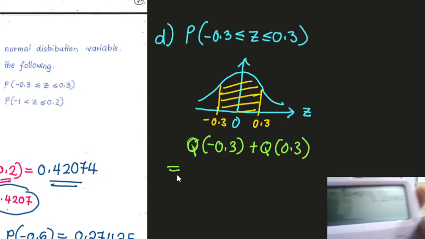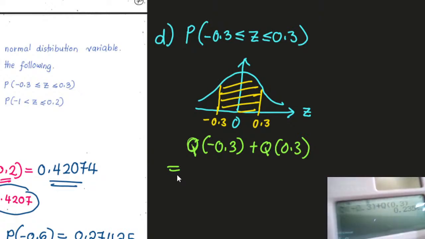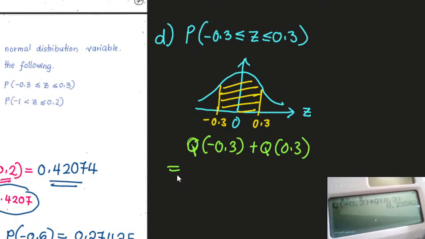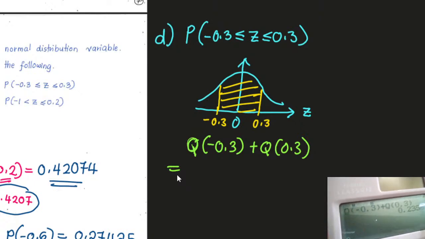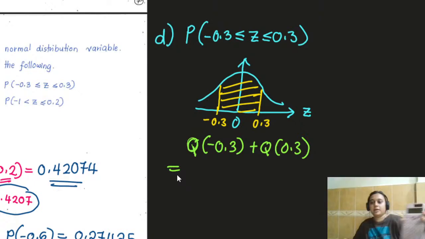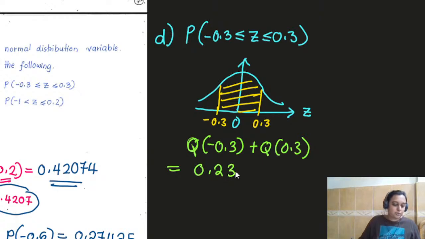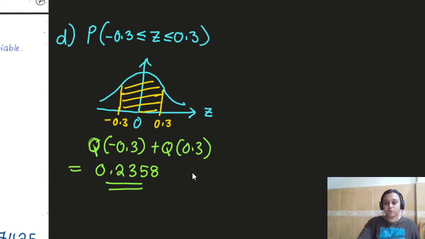Okay, like this. You can see, now this one, teacher getting the answer 0.2358. 4 tempat perpuluhan sudah cukup. Okay, kalau kita gunakan jadual, if we are using the table,